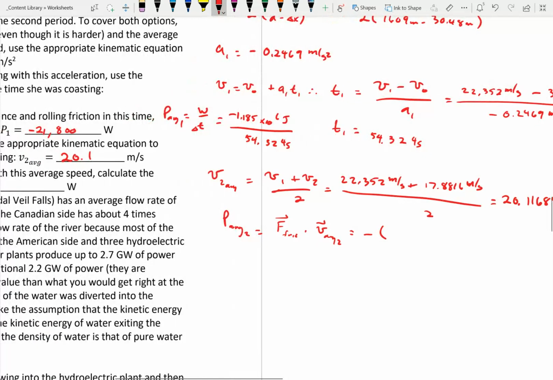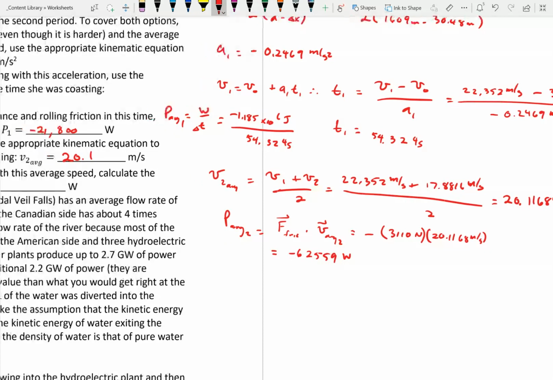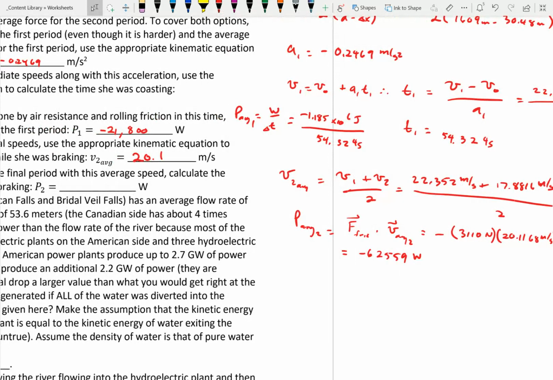The force of friction, as calculated earlier, was 3,110 newtons. The actual value is, well, that's close enough. And then the average speed, we just got 20.1168 meters per second. And we have the average power is minus 62,559 watts, or minus 62.6